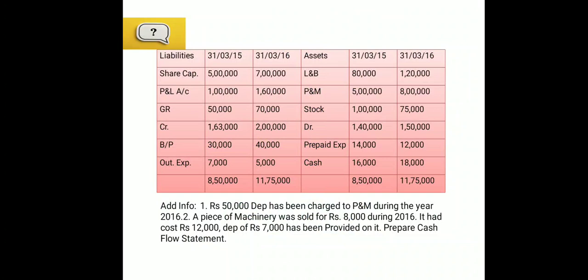So general reserve also, if we are going to check the amount, in 2015 it's showing 50,000 and in next year it is showing 70,000. That means excess 20,000 we have transferred from our profit to the general reserve. And transferred to general reserve, like last chapter or last topic also we have learned, is your non-cash expense. So that will again, under the heading of operating activities, we need to add back in your profit.